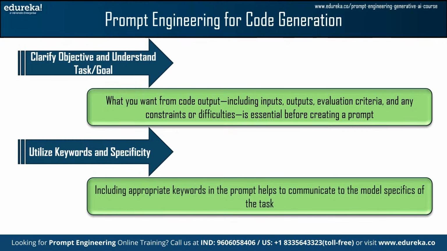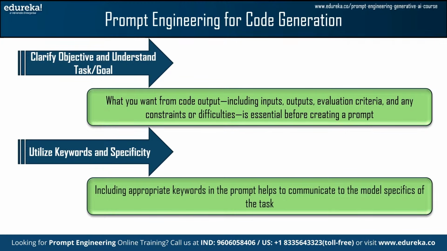And the second one is utilize keywords and specificity. Including appropriate keywords in a prompt helps to communicate the specifics of the task to the model. By avoiding inconsistency and using clear language and instructions, you can make sure that the model produces precise and focused code. Rather than requesting a function to process data, for example, be explicit about the kind of data